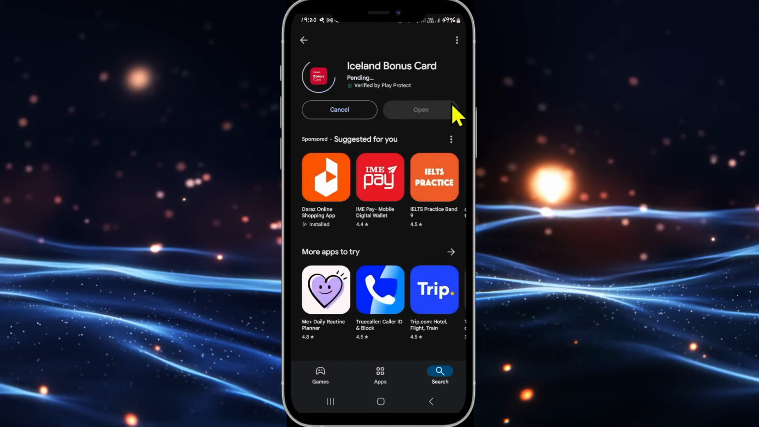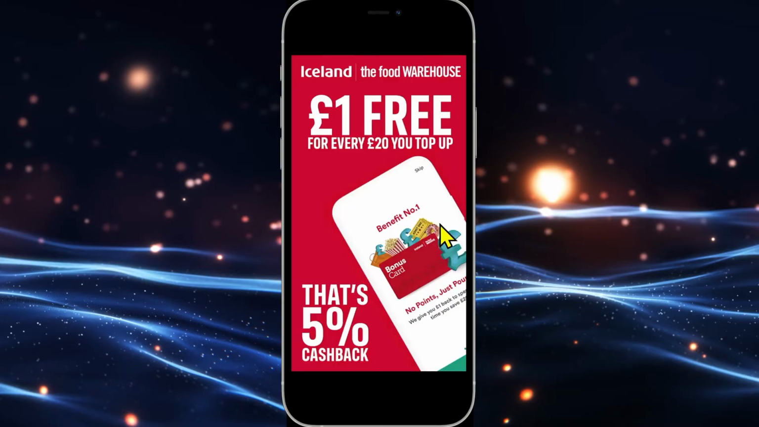Tap on the install button and this will begin the download and installation of the Iceland bonus card application on your device. Just wait for a while until the installation is completed, and when it is done you will see the open button. You can then just tap on this button and it will open up the Iceland application on